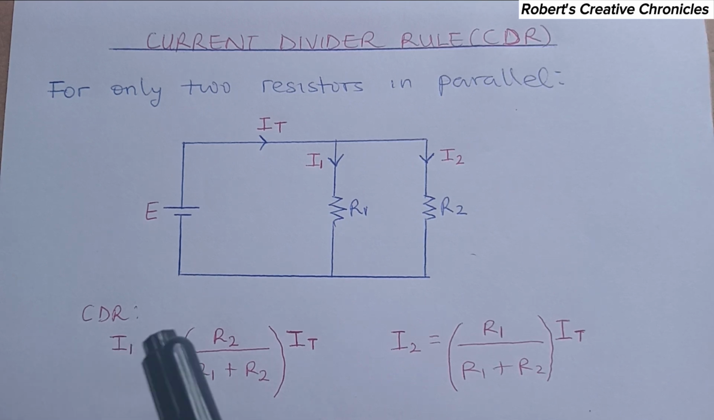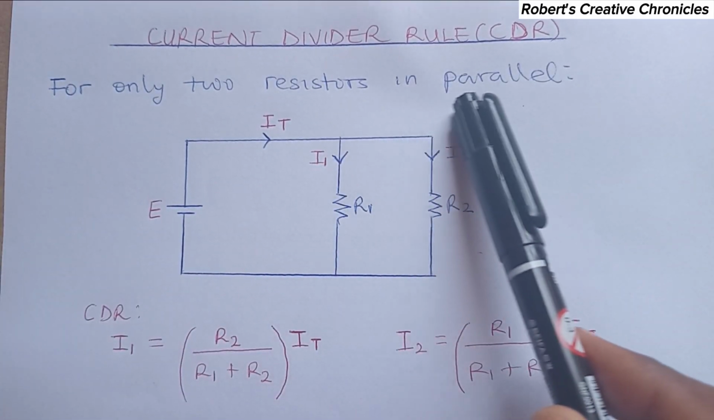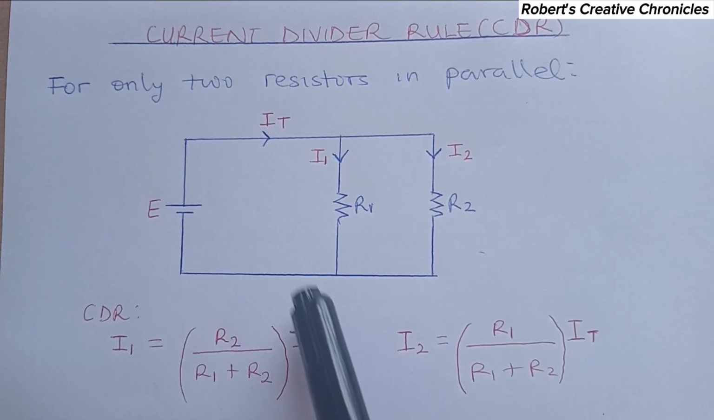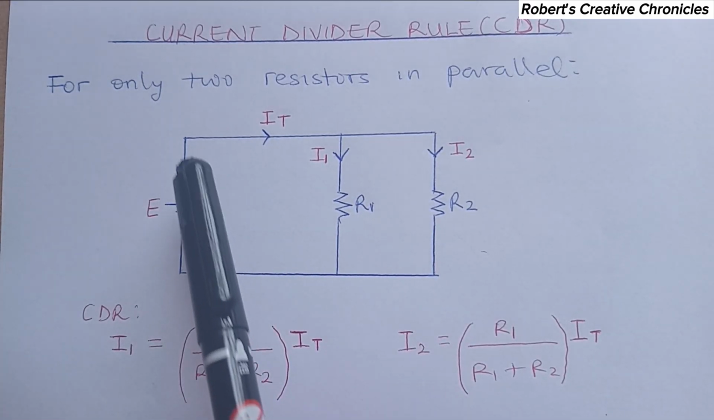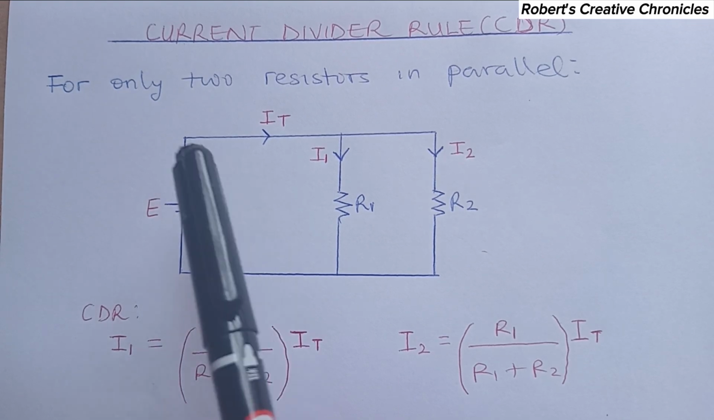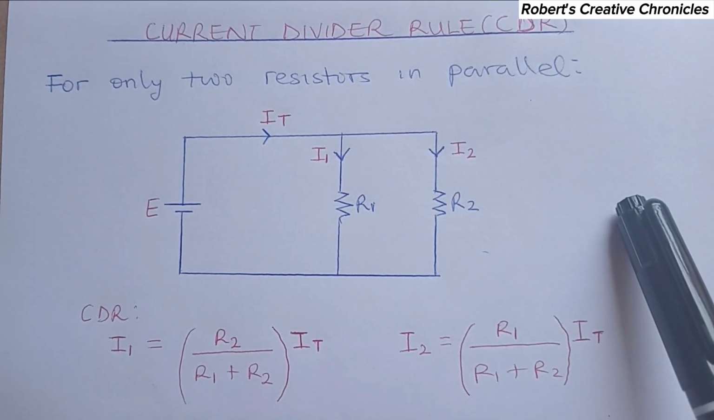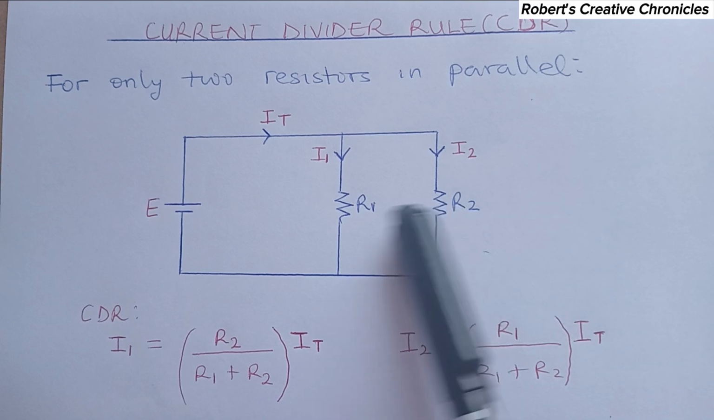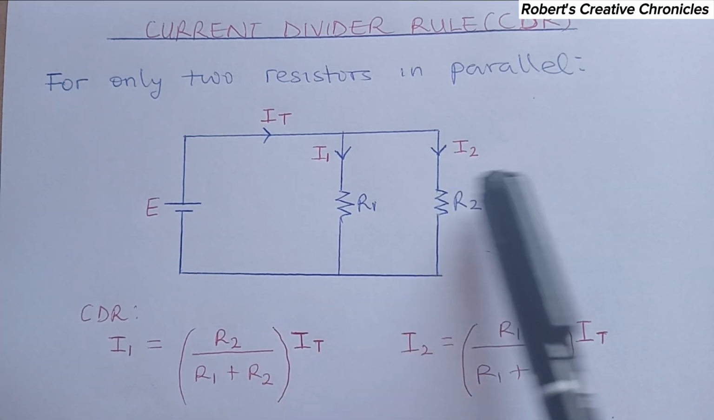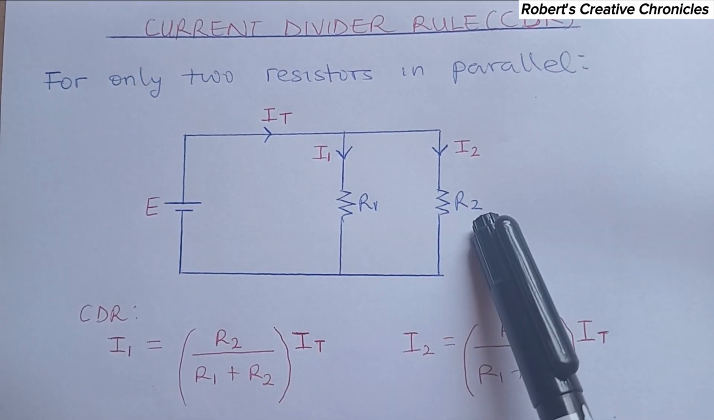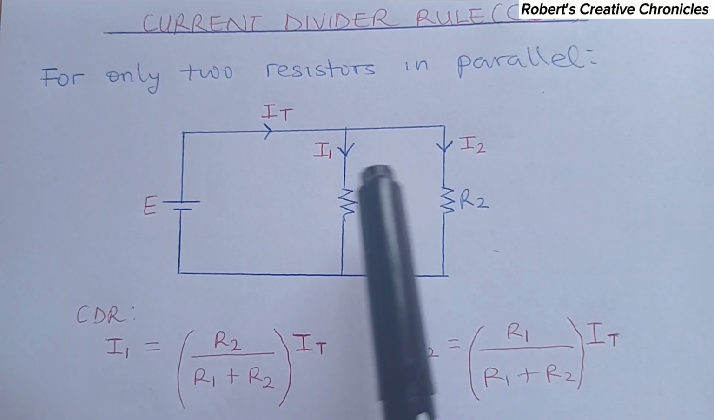So today we'll be discussing the current divider rule, CDR, for only two resistors in parallel. The current divider rule is given by these formulas, but this formula is applicable for only two resistors in parallel. If there are many resistors in parallel, you have to reduce them so that they become only two before you apply this rule. If the resistors are more than two, this rule does not apply. So you have to work them in such a way that they become two resistors in parallel before you can